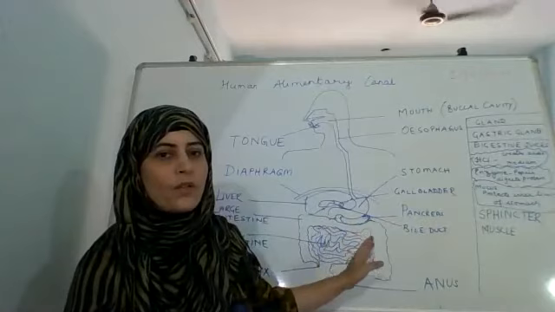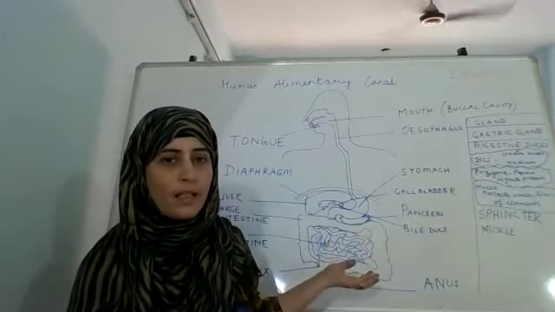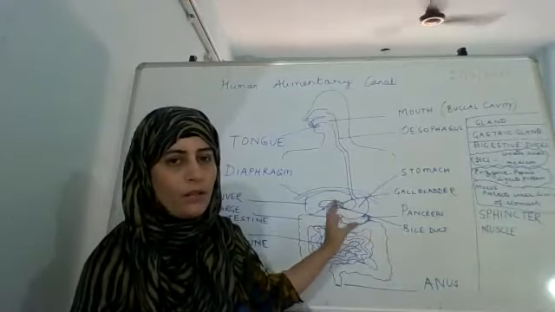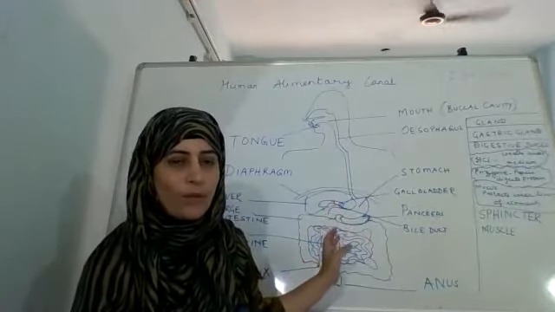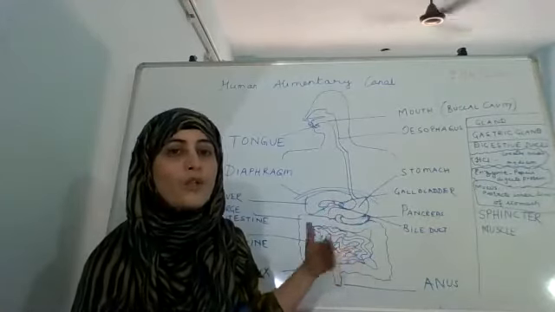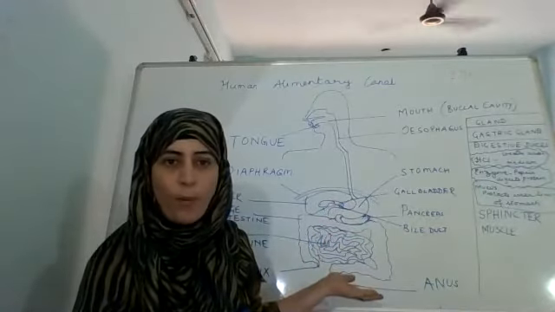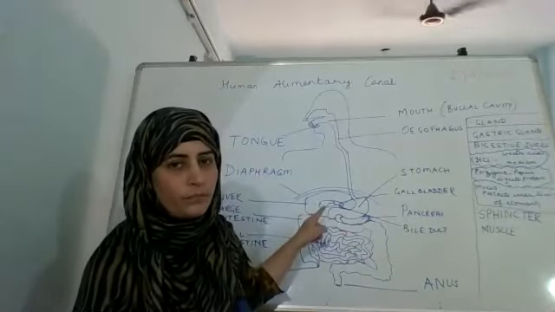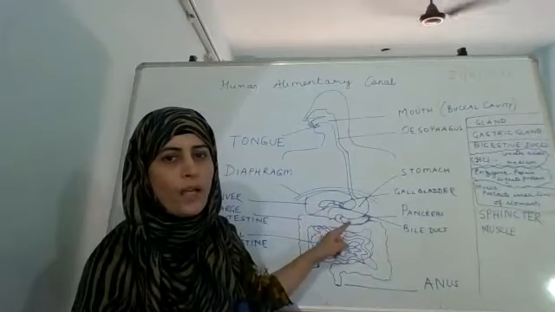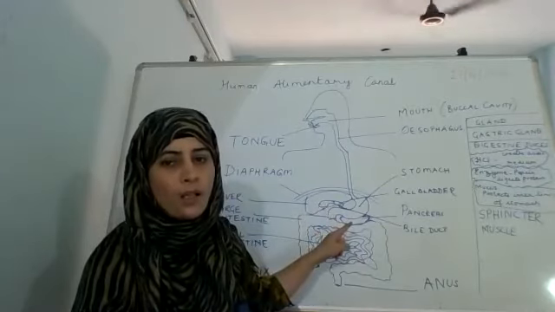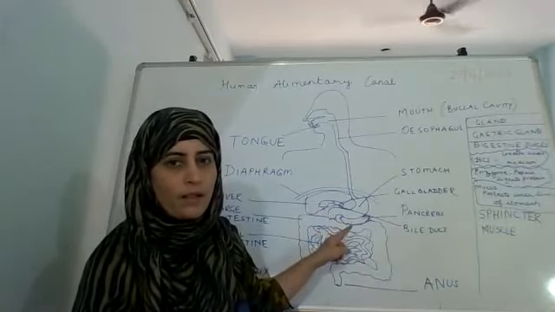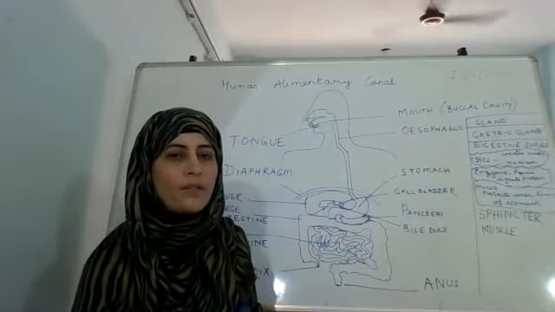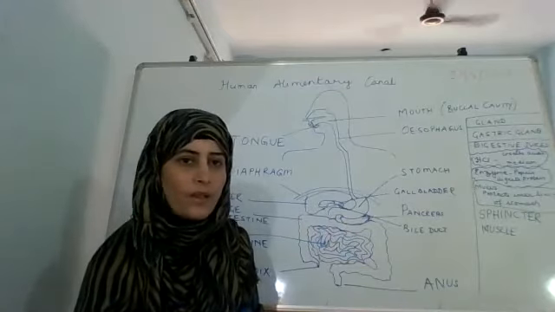Now, once it comes into the small intestine, the food is acidic in nature because it has already been acted upon by the HCl. Okay, and whatever the proteins have been broken down by the enzyme pepsin, now it has to be further digested. It has not been digested properly. Now for that, it is getting the juices from the liver and also from the pancreas. These are also the important glands, the pancreas and the liver. Okay, so these glands will give you the different digestive juices.